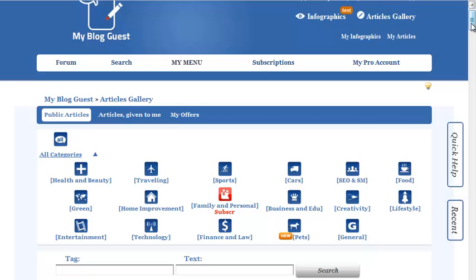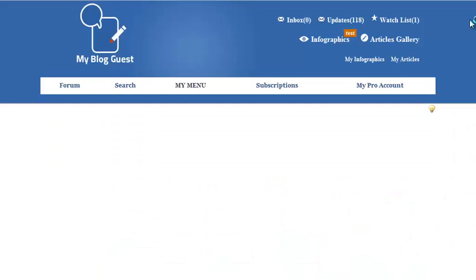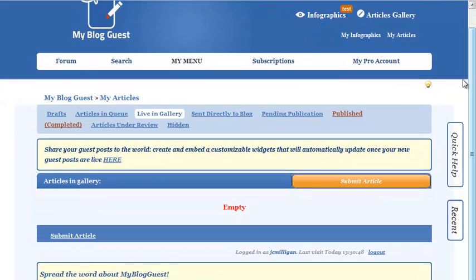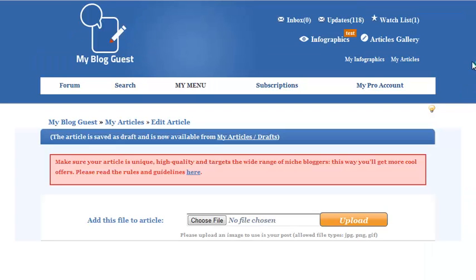And so by that I mean they run it through Copyscape, they make sure that the title is capitalized, the first letter in each word. Let me just kind of jump in and I'll show you what I mean. If I were to jump in to the other side, this is where you can write content that other people can post on their site. If I were to click on Submit Article,